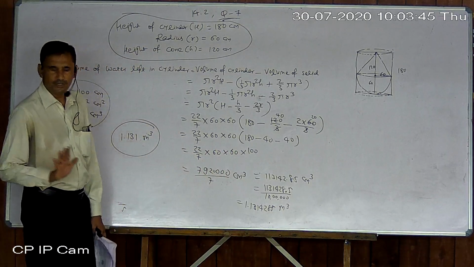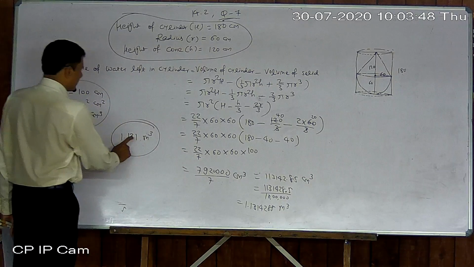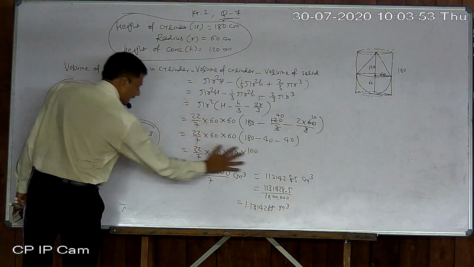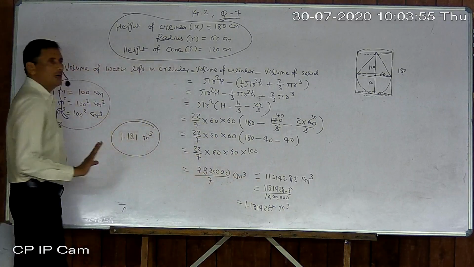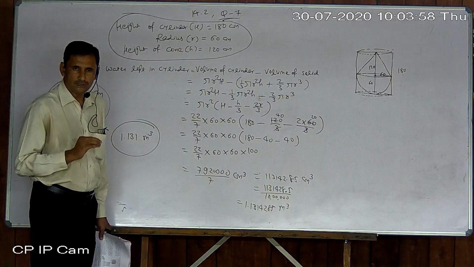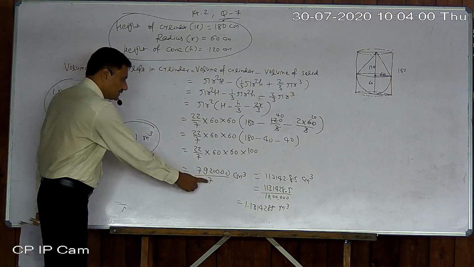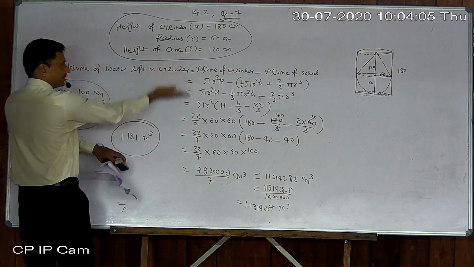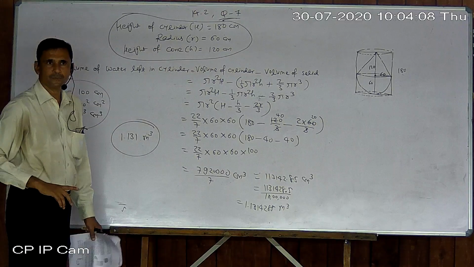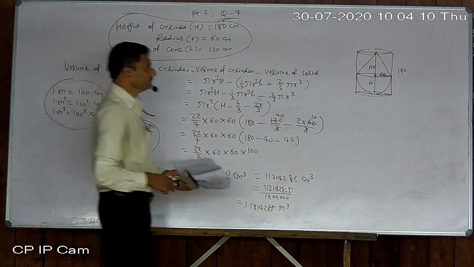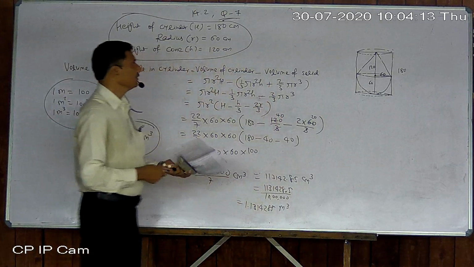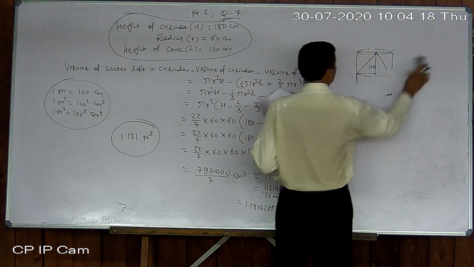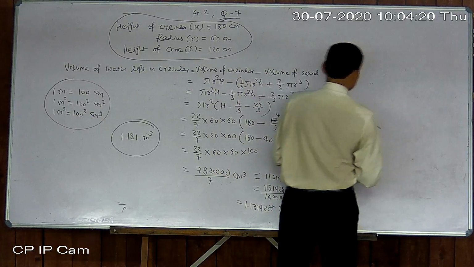You understood? Okay. So finally we come to this answer. Calculation becomes quite long due to this denominator 7. Otherwise it is very simple, and understand the initial steps only, how this is possible. Okay. So I think now we just end it. I will just give another sum, one sum only for homework.